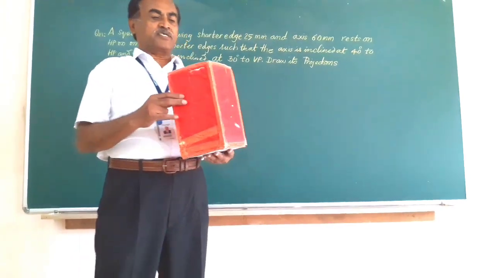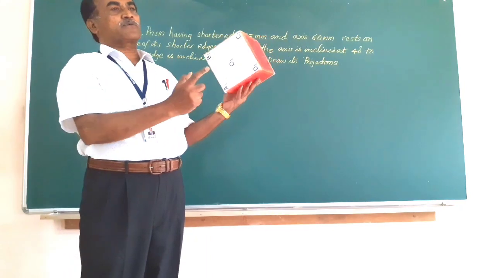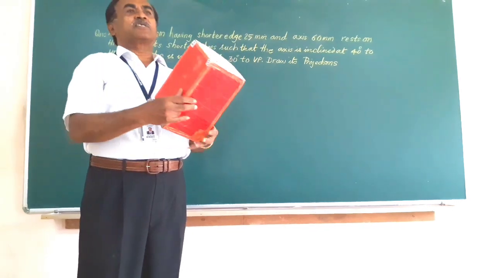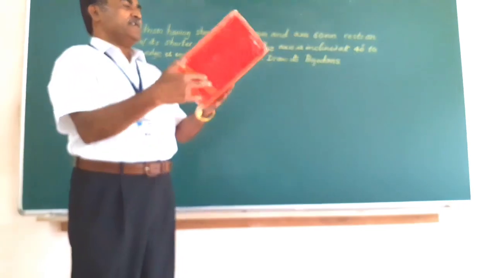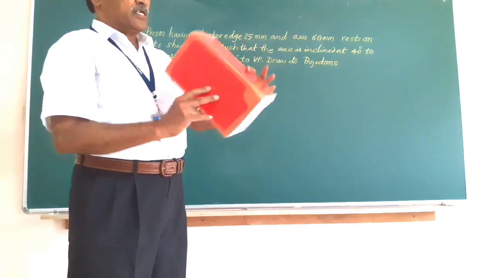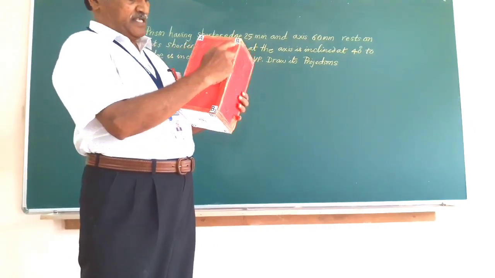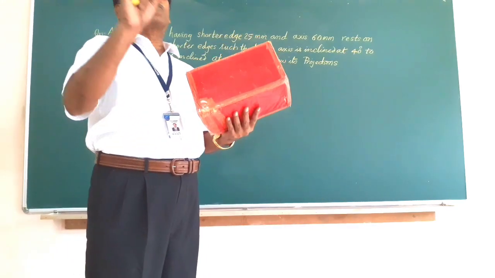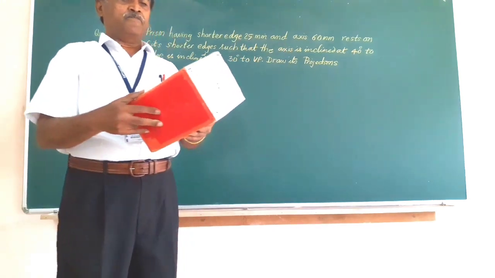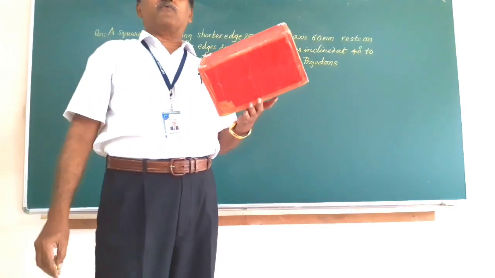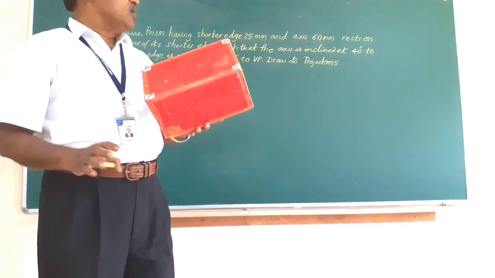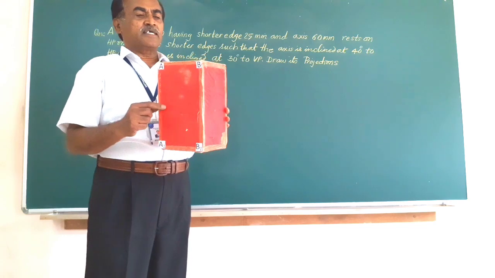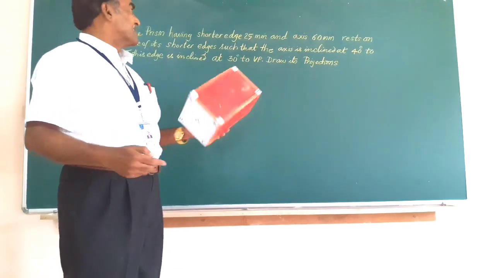As the name indicates, a square prism will have a square base, a square top, and on the lateral surfaces there are four rectangles, namely like this. We have got four, that is A, B, B1, C1, this is B, C, etc. Like that you will have four rectangles on the lateral surface. And now whatever the rule we have followed for the circular prism holds good for the square prism also. So let us take a problem and work out how it is.